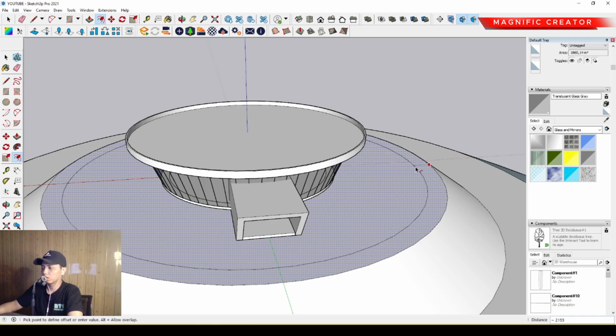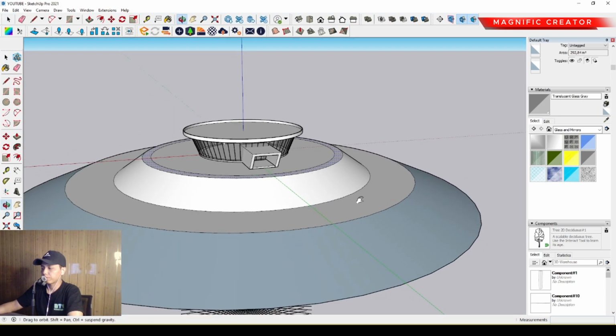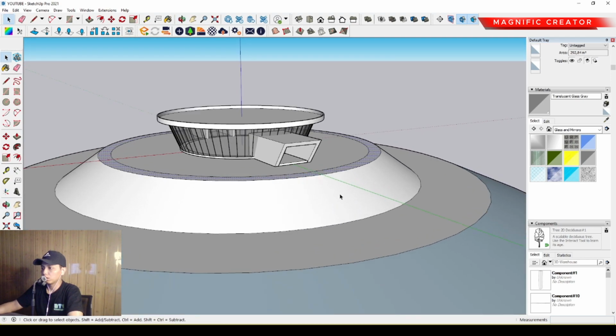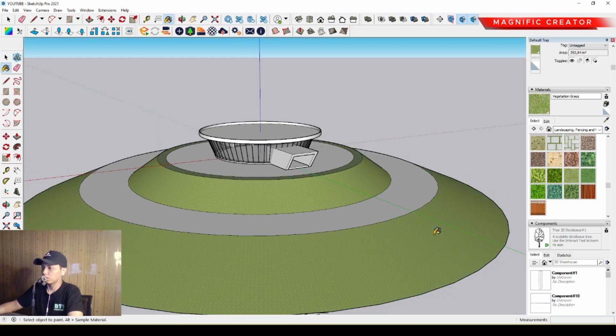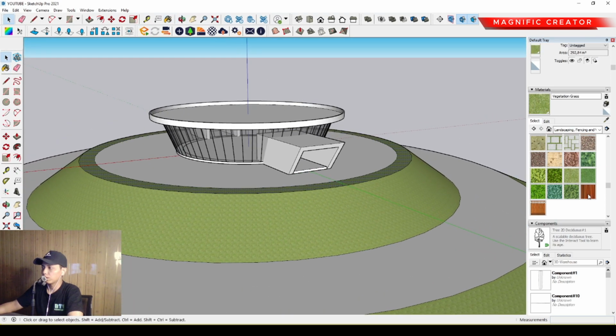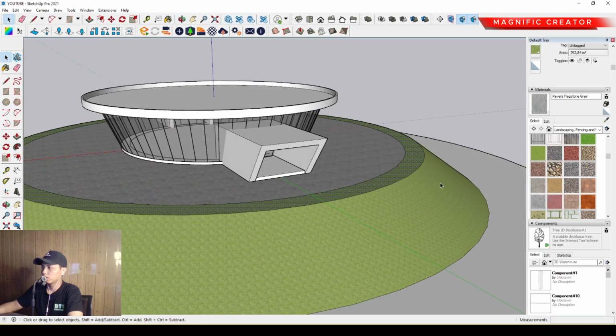Maybe we can just offset it around 2000 millimeter or 2 meter. And okay, we can add the material with the landscaping. We can set this vegetation of material. Okay, so then we can set this to be a landscape area over there, or we can make the another